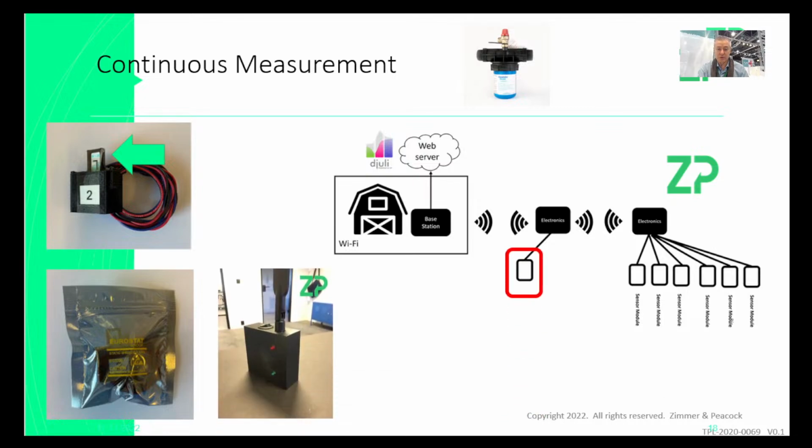So what we can do is put those sensors in, and they will communicate with a base station via the electronics, and then the data will go to Julie. So we can also do continuous measurement. Earlier on I said a discrete measurement. Those are simpler. Once you get into the world of continuous, things do become more difficult, but we can also make a continuous measurement device as well.